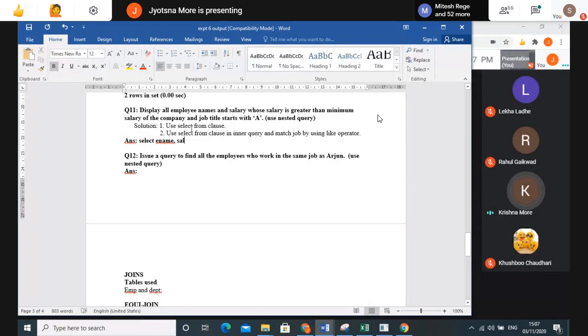It is not employee name, it is job title. So I have to check the employees whose job position starts with A. From that, I have to find the minimum salary, and then check the other employees whose salary is greater than that result.